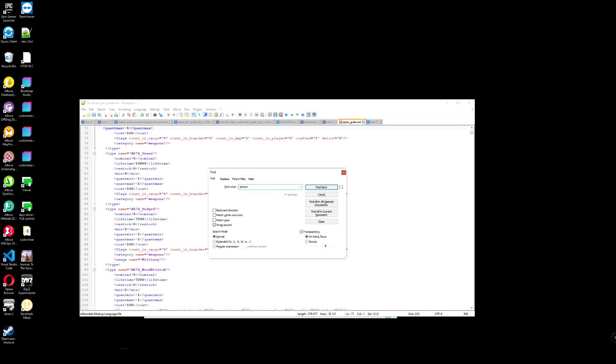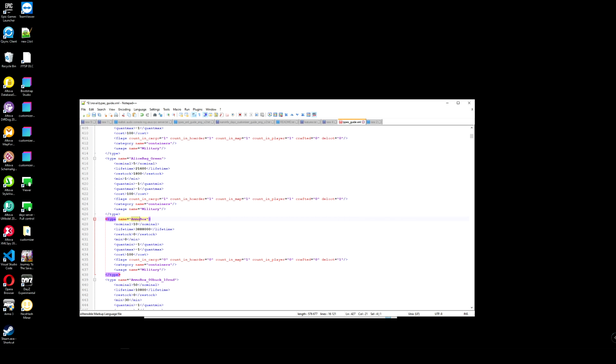Also about comments. So in XML, I saw so many times people making comments like this. Two slashes. It is not a valid comment in XML. If you try to comment like this in your types XML file, it will break your file. It literally means that your file will not be read by the game engine, and it will not work. It will break your game instantly if you make these comments.